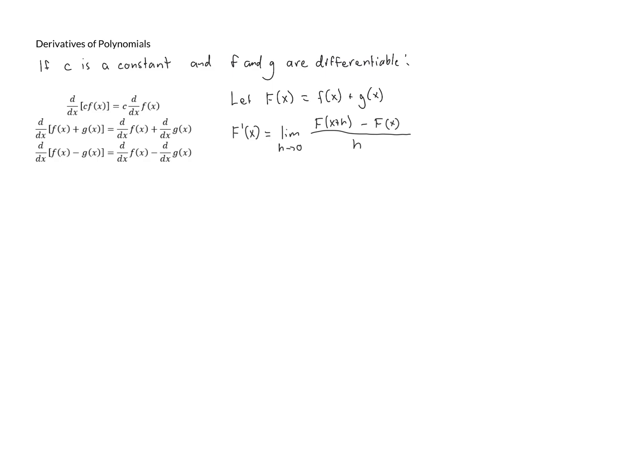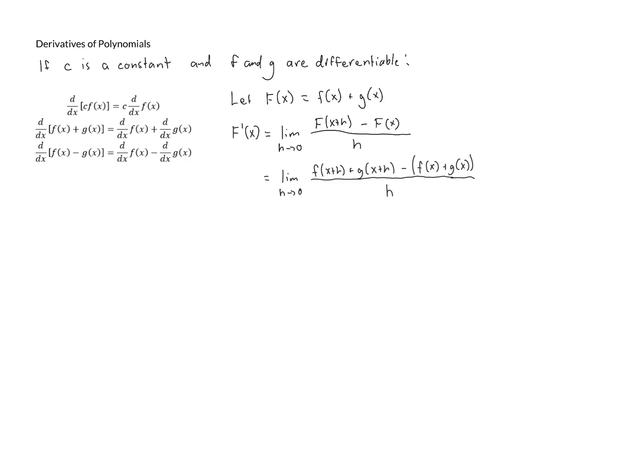Now, because capital F as a function is defined to be the sum of two other functions, we can actually replace capital F of x and capital F of x plus h in this problem with our other functions. So capital F of x plus h is just little f of x plus h plus g of x plus h. That's because capital F is the sum of those two functions. And then we have to subtract capital F of x, which we know is just little f of x plus g of x